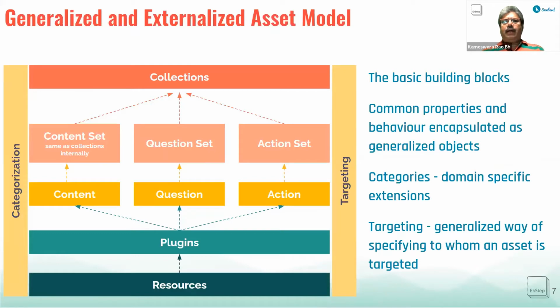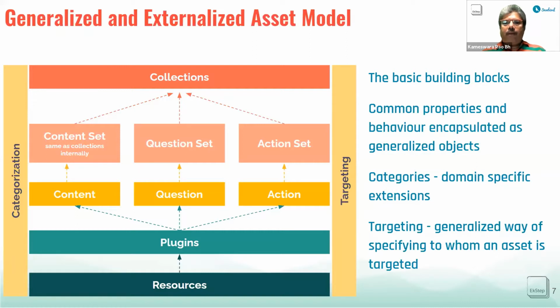This is something I had briefly touched upon in my earlier sessions, an overview of the Sunbird sourcing capabilities. The fundamental blocks that enable content management are the asset models. They constitute resources and plugins, which are very basic reusable blocks in the whole architecture. And then we have different types of objects like content, question, action, and a collection of them,